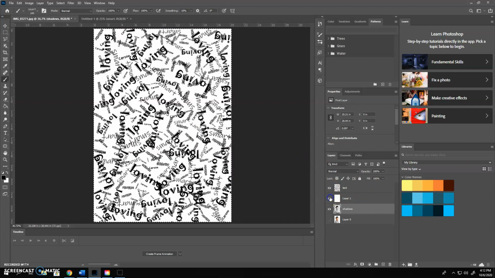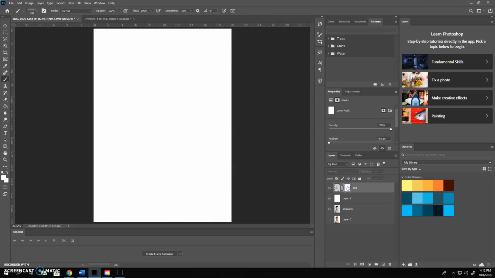Then I'm going to turn both of those layers back on, and I'm going to go to the text layer and add a layer mask. So you're going to see down here at the bottom of your layers panel, this rectangle with the circle inside of it, that applies a layer mask. So nothing happens yet, okay? All that did was apply what looks like another white layer next to it. But if we Alt and click on this thumbnail, so you have to hold down the Alt key and click,